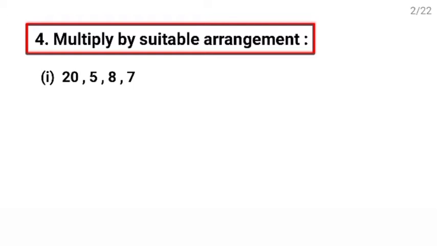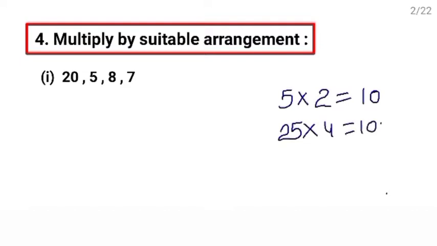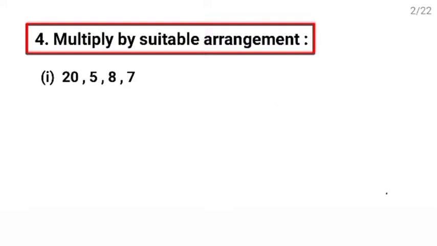Now few points you need to remember. To make your calculation easy, try to make the pair of the multiple of 5 with the even numbers. Why am I saying it? Because when you multiply any multiple of 5 with an even number, you get a multiple of 10, and that makes your question very easy. Like 25 multiply 4 is 100. Now let's practice with some questions.